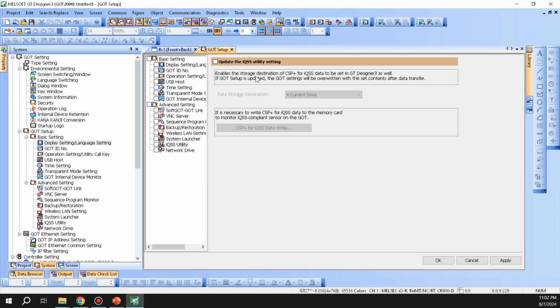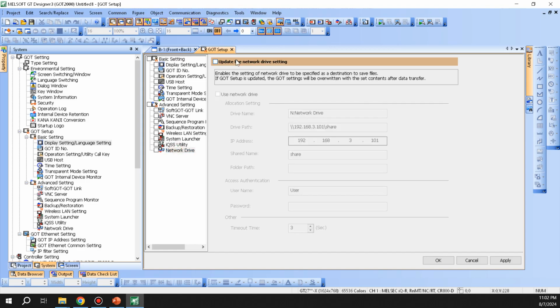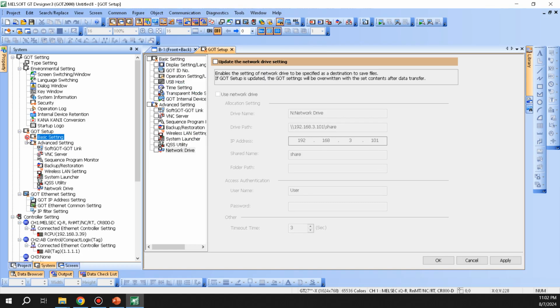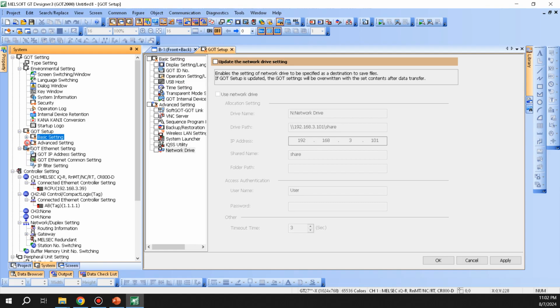I don't get into this, but it looks like the CSP file storage. And then you can make a GOT as an FTP server and drop files into it from elsewhere. So that's where the basic settings are. Now we go into the